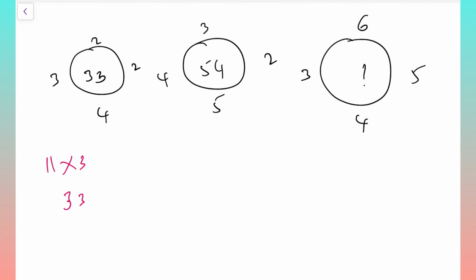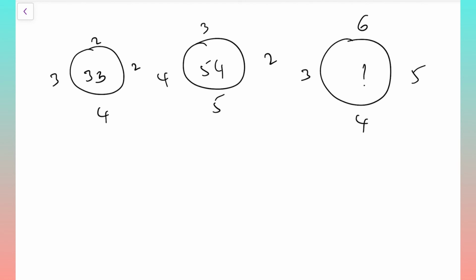3 plus 2 is 5, 5 plus 5 is 10, 10 plus 4 is 14. 14 and 54, no logic at all. So this logic is not correct. Now what I will do is multiplication of all the outside numbers. 2 2s are 4, 4 4s are 16, 16 3s are 48. 48 and 33, no logic at all. Then